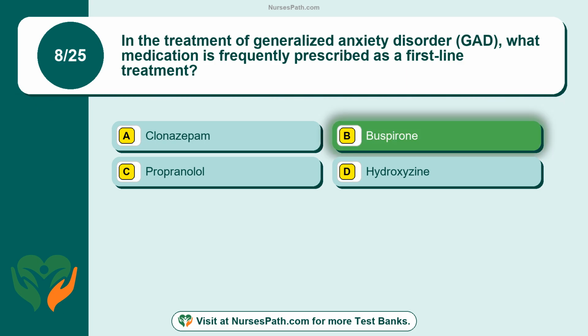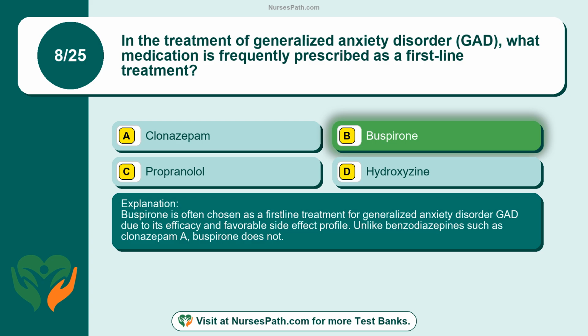The correct answer is option B, buspirone. Buspirone is often chosen as a first-line treatment for generalized anxiety disorder, GAD, due to its efficacy and favorable side effect profile. Unlike benzodiazepines such as clonazepam, buspirone does not